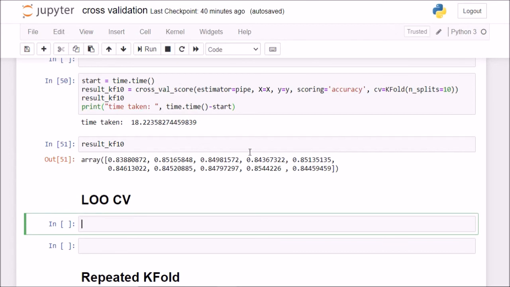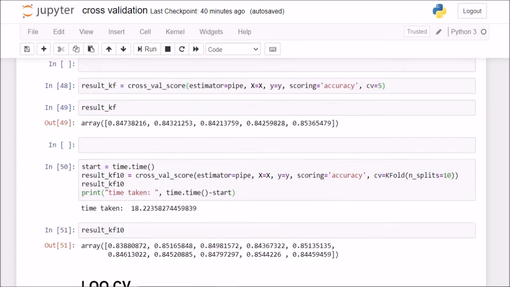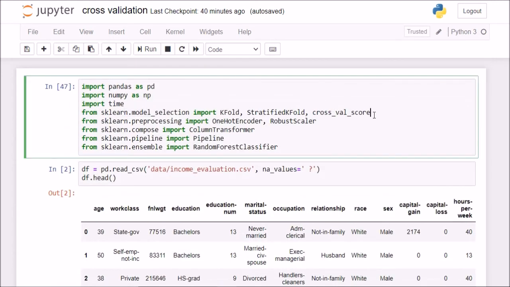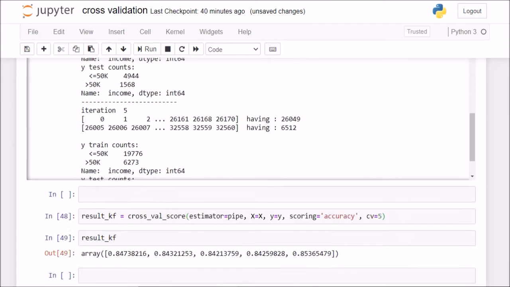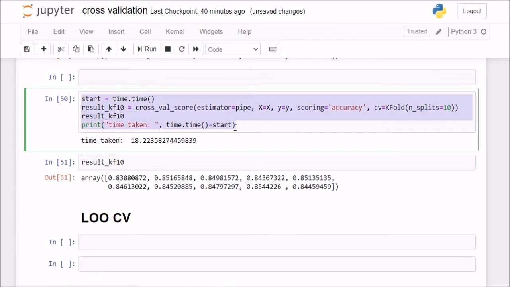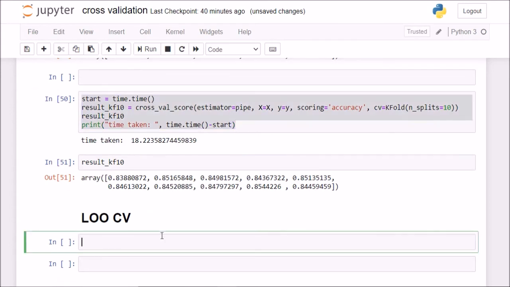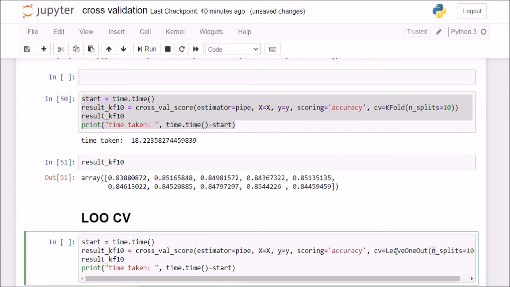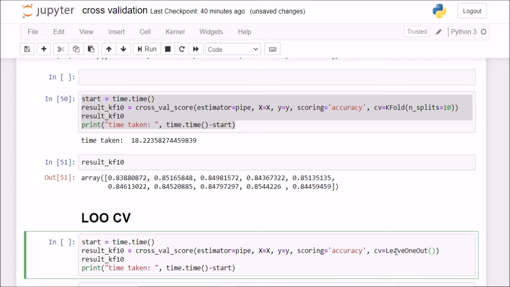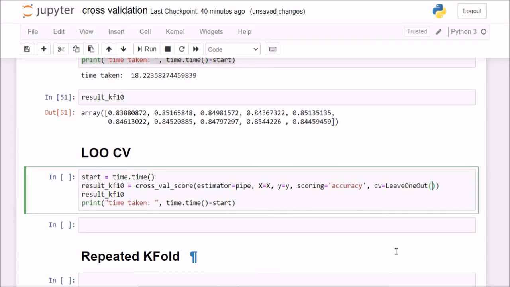So here I'll first have to import LOOCV. So I'll say LeaveOneOut. Now here I'll do exactly the same thing, and I'll simply set this to leave one out, and it does not need any splitting because leave one out is taking one value at a time.